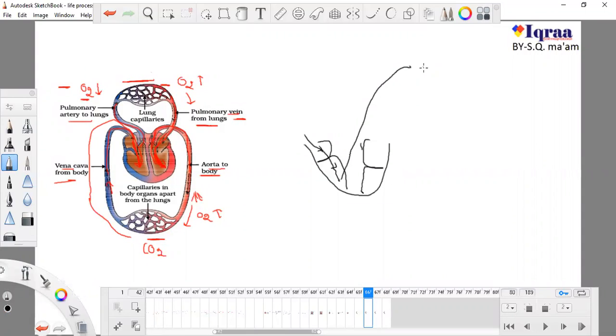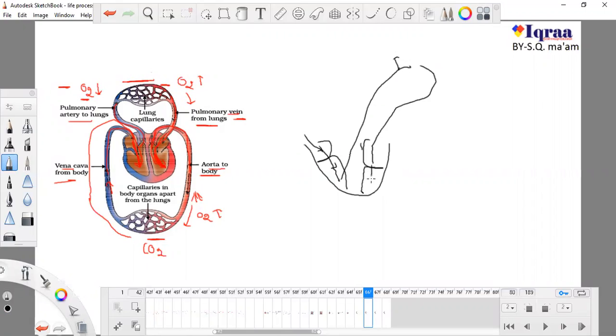Okay, in the lung it will get purified, it will come in contact with alveoli. You know how alveoli exchange gases. Okay, alveoli exchange gases with the bronchioles, and after that it will exchange gases with this blood. Okay, so this is known as the pulmonary artery. Okay, and the pulmonary artery will come again with pure blood from the right